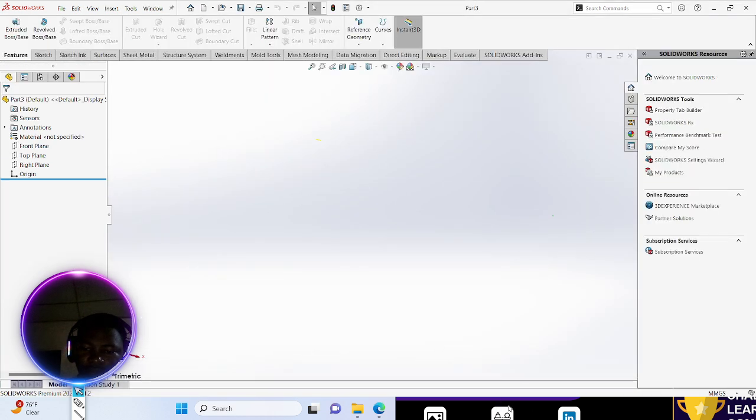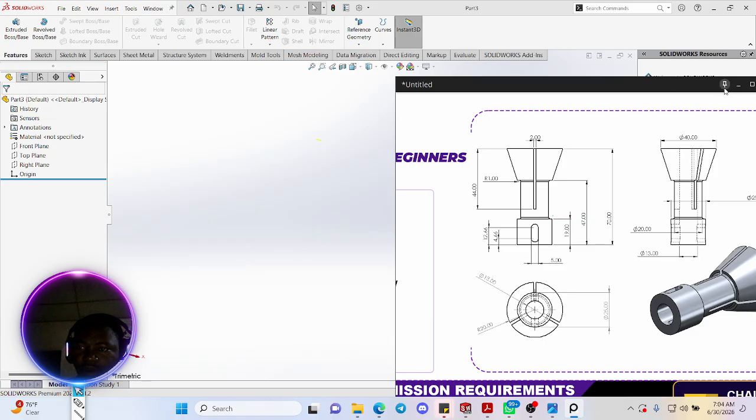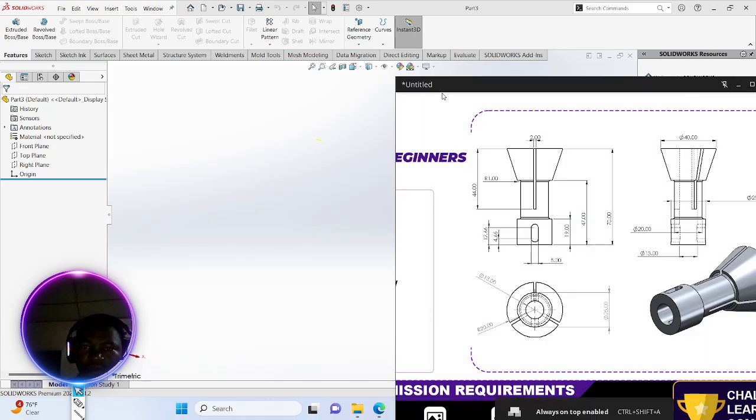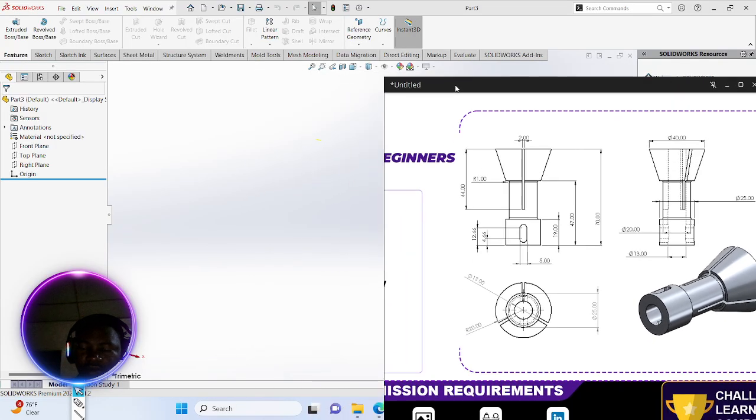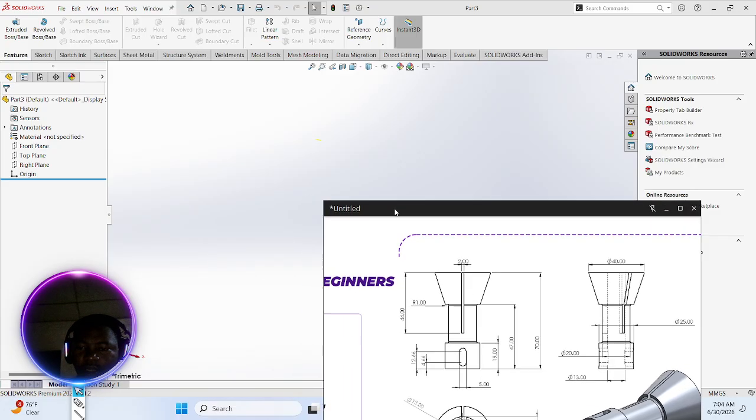Sorry, permit me to go back to my PRF. It's not pinned on the top of my view, so let me pin it at the top so it's always here for me to view when I want. So now what I can do is